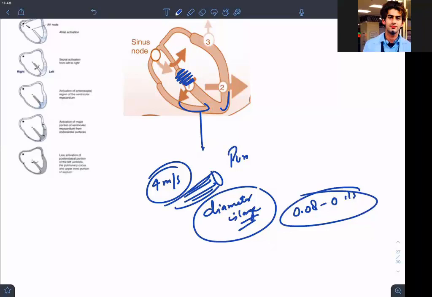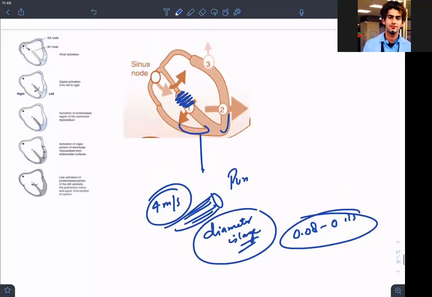Now here is a concept. The concept is about which part is getting depolarized first, and the current. This is why I have kept these arrows here. I kept this diagram to make you understand. And this is the basics of ECG also. If you understand this diagram in just 5 to 10 minutes, your life will become easy.